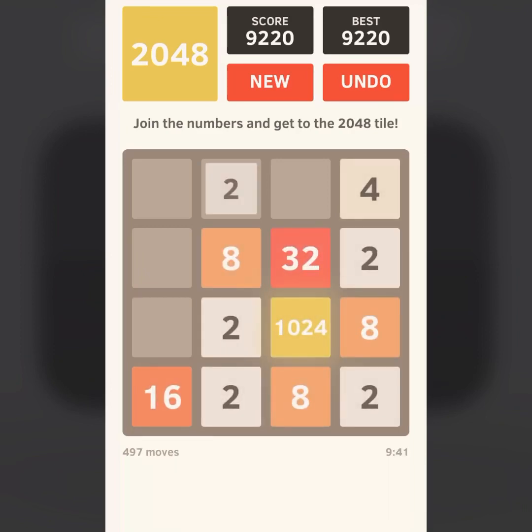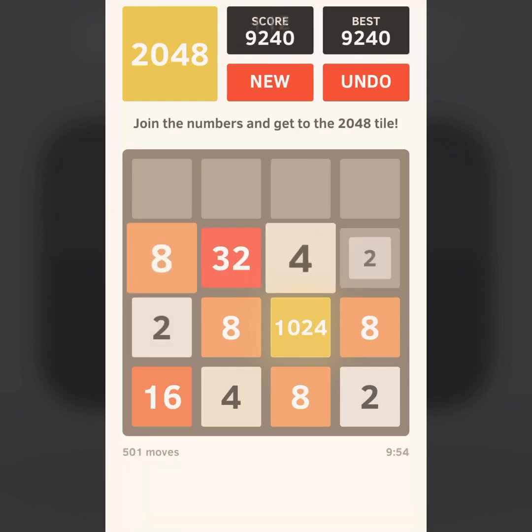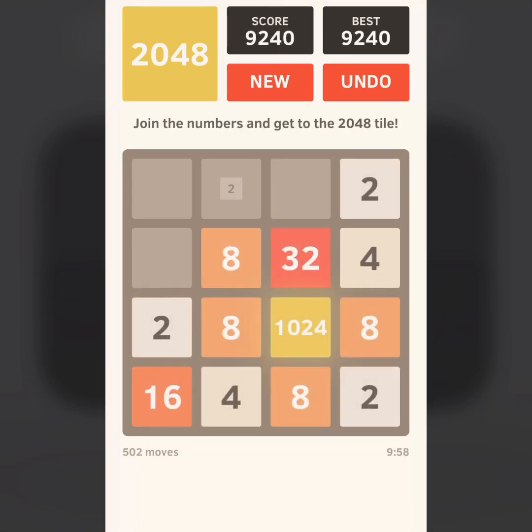Undo this. See, now I'm kind of in a bad spot. You know what I mean? I kind of messed it up. I swiped up. See, most of the time swiping up, unless you have to, can mess up your whole board. Because now I have this 1024 in the middle of my thing, and it's very difficult for me to